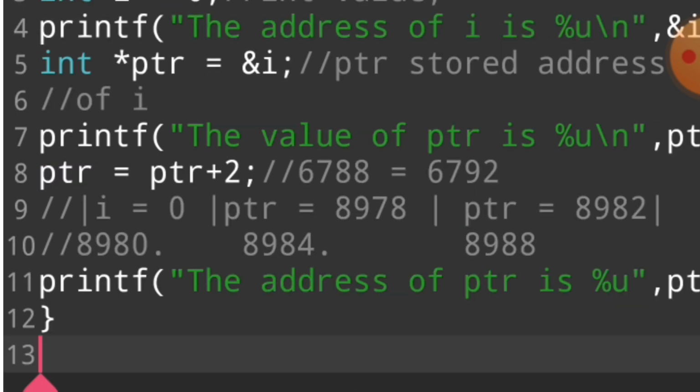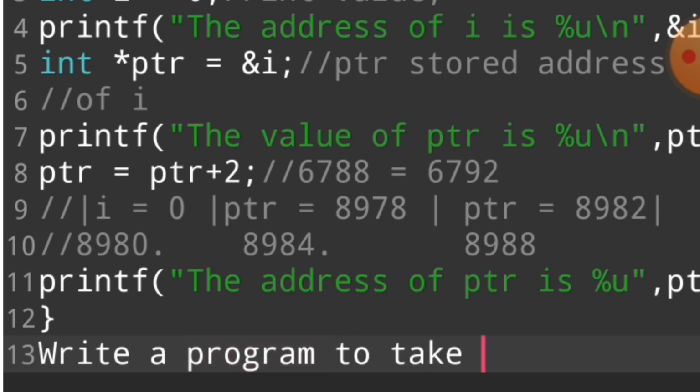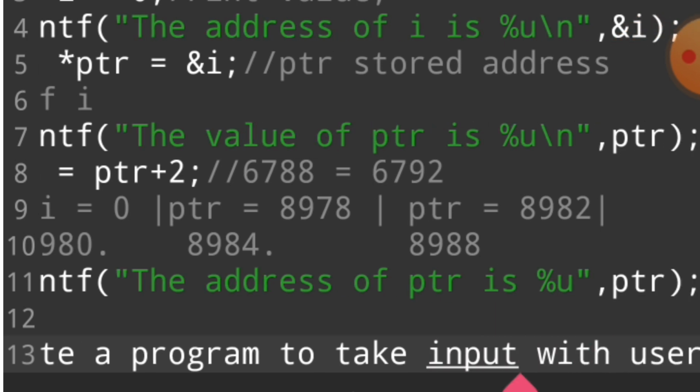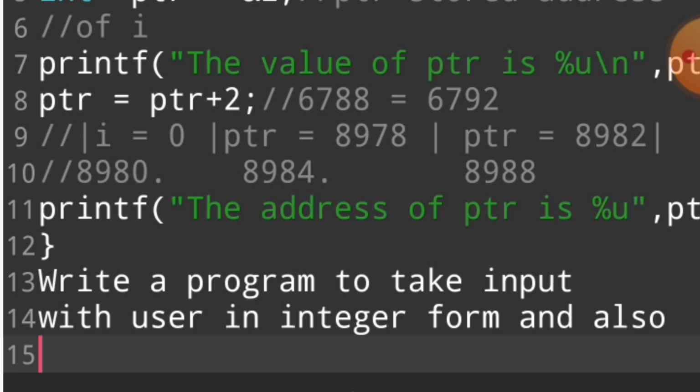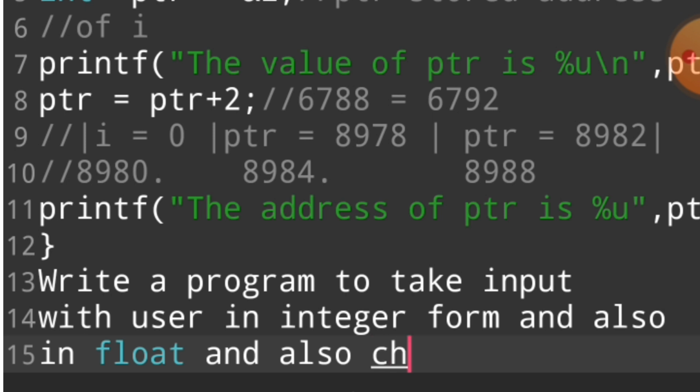Your homework is to write a program to take input from the user in integer form, and also in float, and also character.